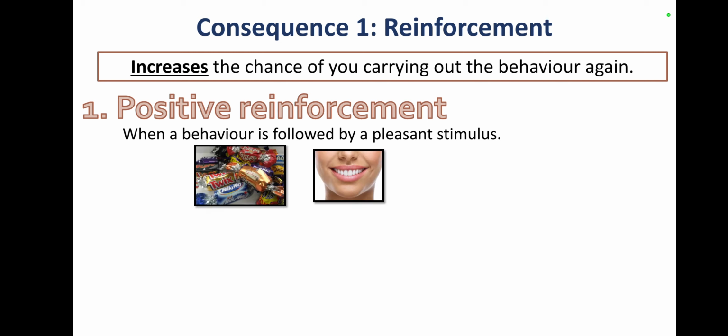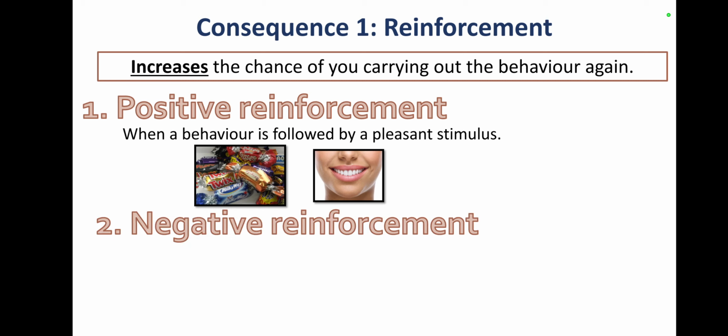So for example, if a kid does something pleasant, such as showing manners or good behaviour, treating them with treats. Also, you could say that learning to brush the teeth, so we've got nice white teeth. Any of that is a pleasant stimulus or a pleasant consequence. That's positive reinforcement. Negative reinforcement tends to be a little more difficult to understand because if we're going with that